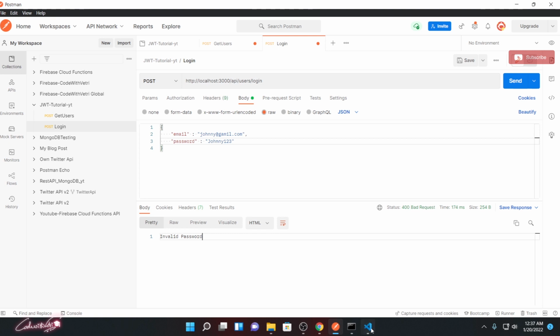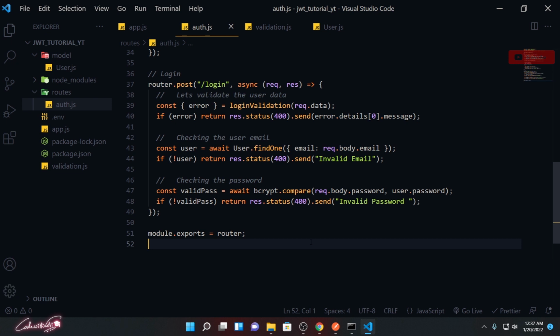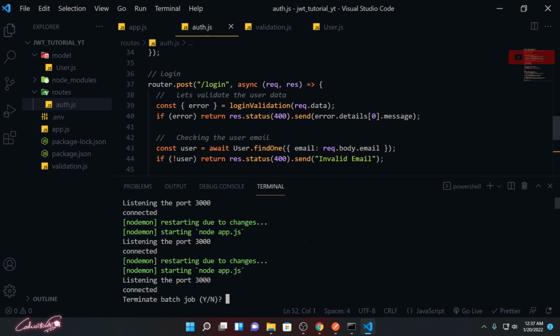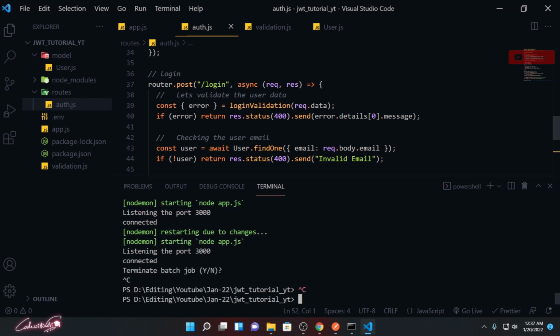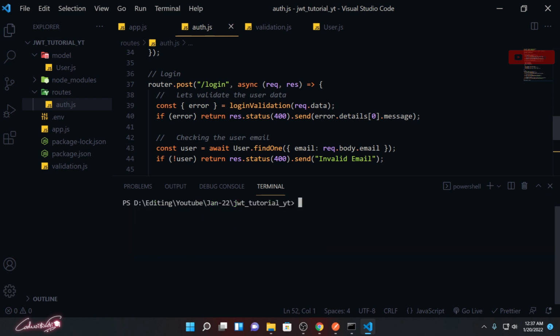To do that, we need to install a package called JSON Web Token. So npm install jsonwebtoken, without any space, type everything as it is.